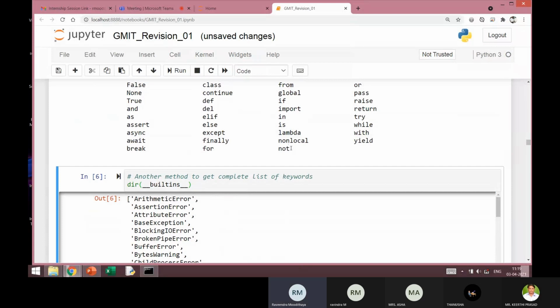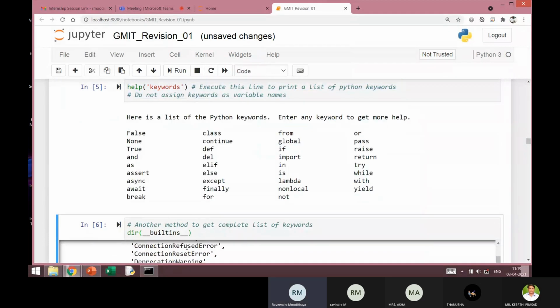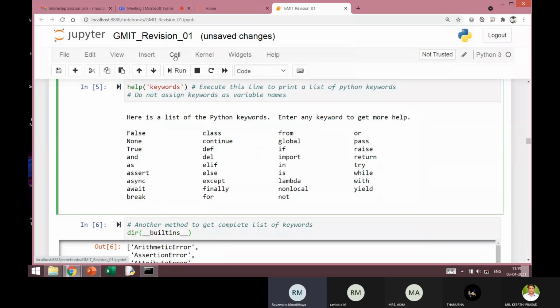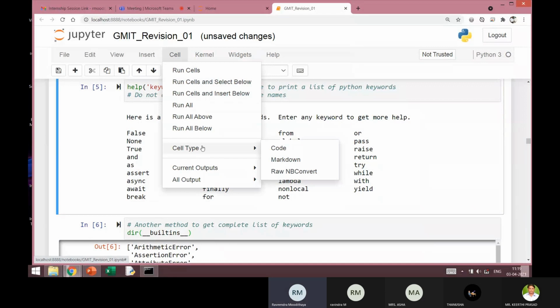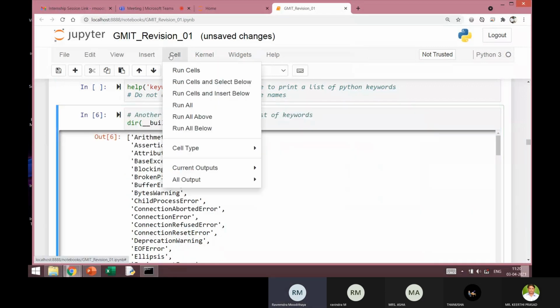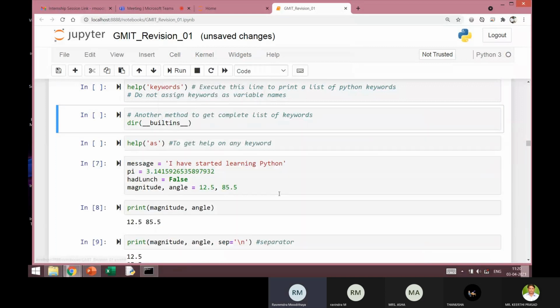In fact, all these things are also part of the list here, and you can see that it's outputted as a list. I can always clear this output by going to this cell, then current output, and clear. It will clear the output. So here also, cell, current output, clear. If I want the output to come back again, then you should execute this cell, shift enter. That will execute and open another new cell.